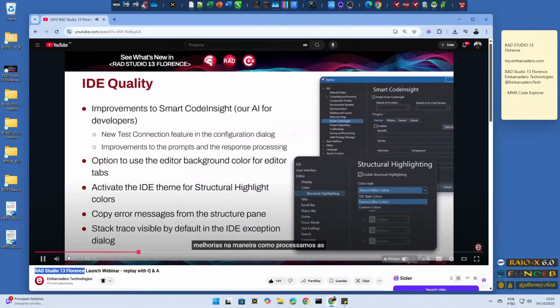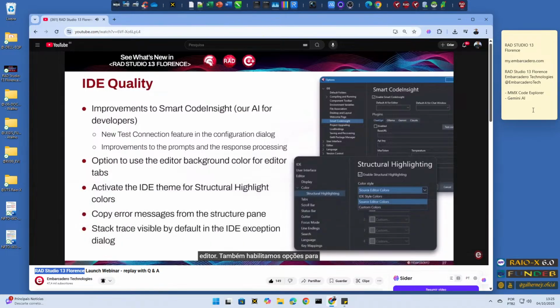And also some improvements in the way we process the responses to some of the prompts and some of the automatic prompts associated with the different menu items